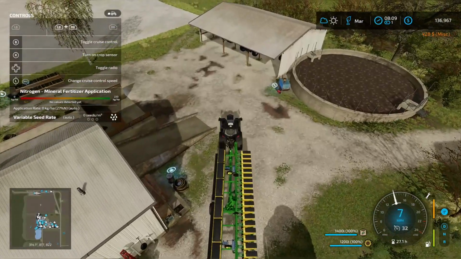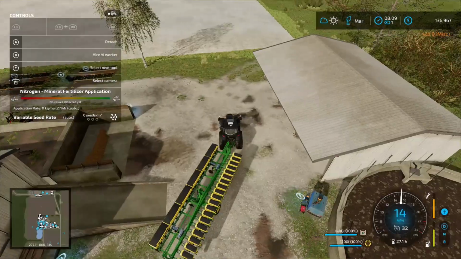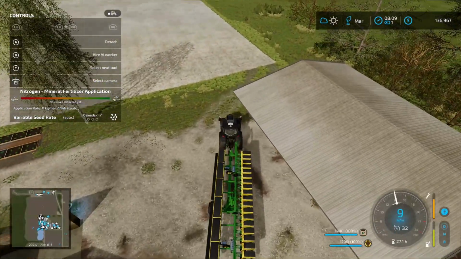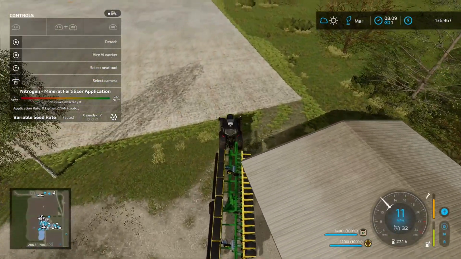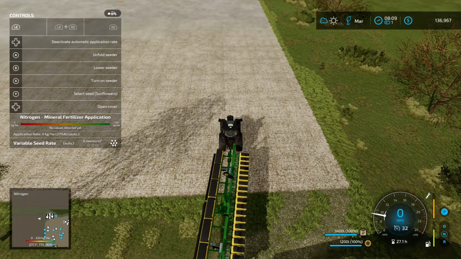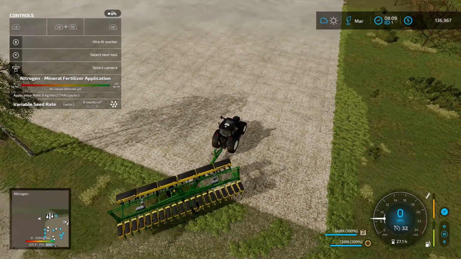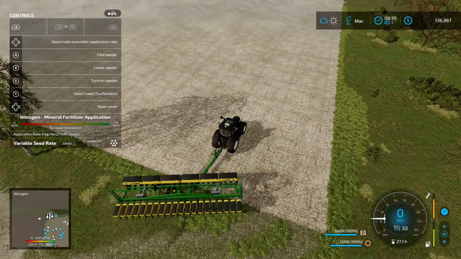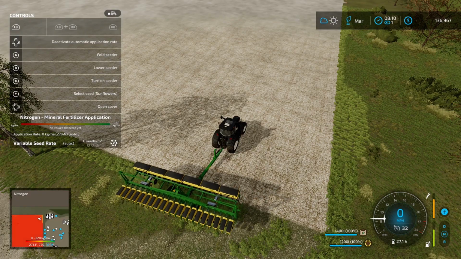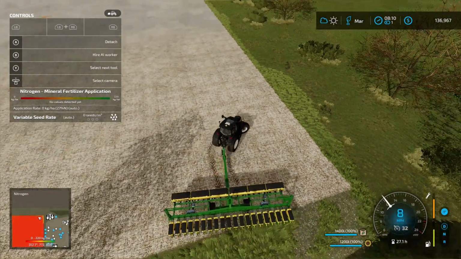Turn on crop sensor. We'll have to fertilize this field as well. And then next month, obviously, we have to do the herbicide. So let's go ahead and unfold. We have sunflowers selected. All right, let's go ahead and get